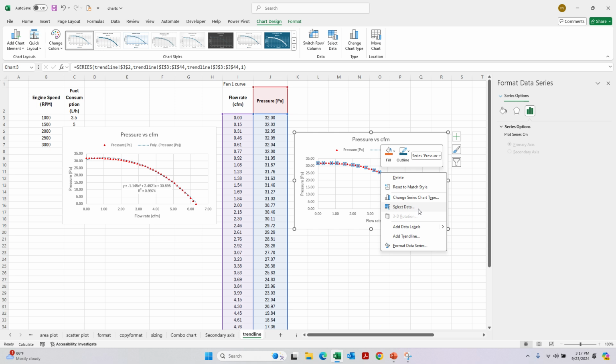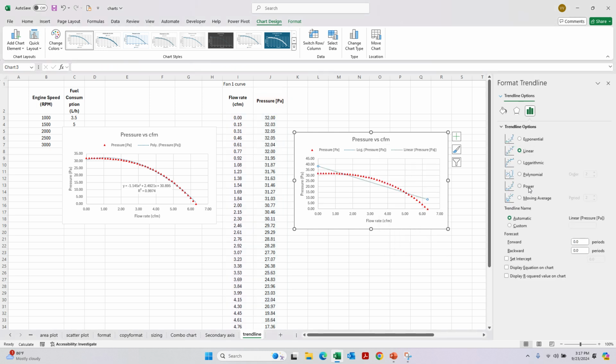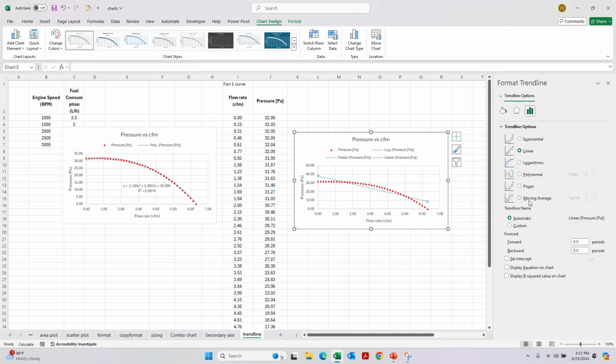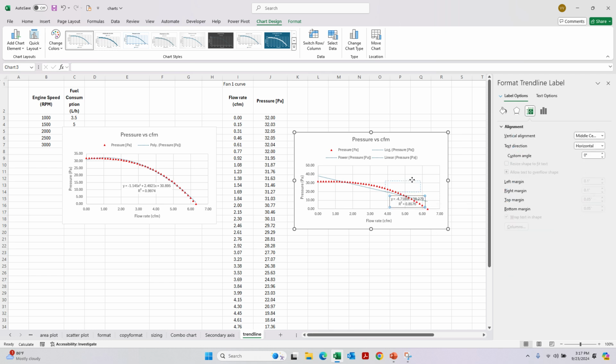Okay, so that didn't work. We can do a power series. Power also won't work when there's a zero value involved. You could do a moving average. So in this case, the power and logarithmic values will not work because there's zero in the data. Let's select linear, okay, and then display equation, display R squared value. So we got the trend line and we got the display equation. Okay, now if you want to delete this,